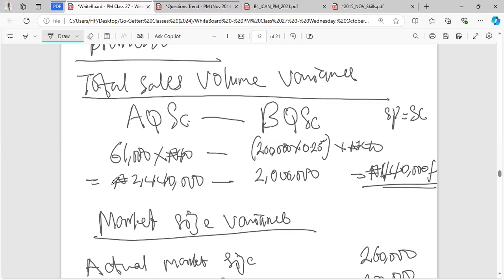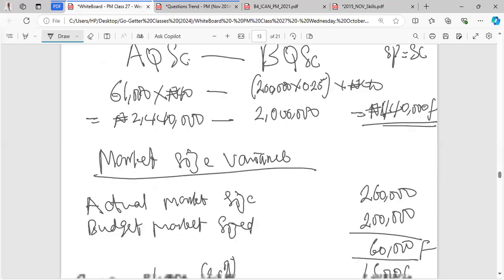So what they planned is that 25% of 200 will be their share, so they planned for taking 50,000. They now actually sold 61,000. That is volume variance. Looking at it from the market size angle,